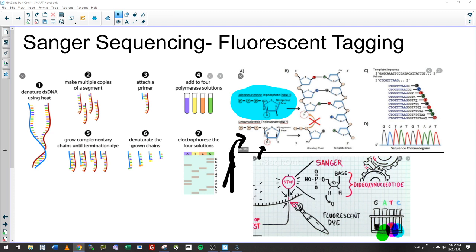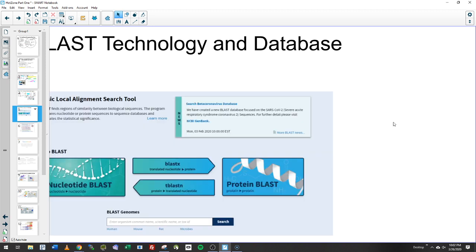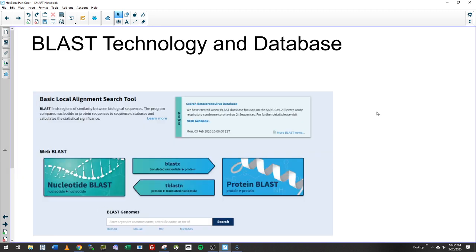Lily, you're 100% right. Okay, Lily says we should BLAST. So, Lily, I was kind of looking for just a more common sense answer. I was hoping people would say we need to compare it, which is where we need to go next. We need to compare them, and the tool that a scientist would use is something called BLAST technology or the